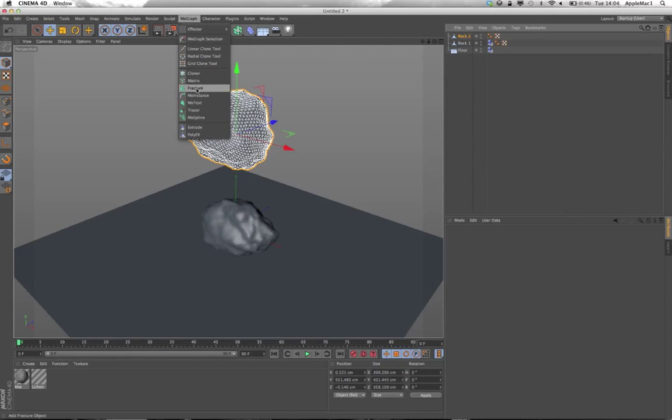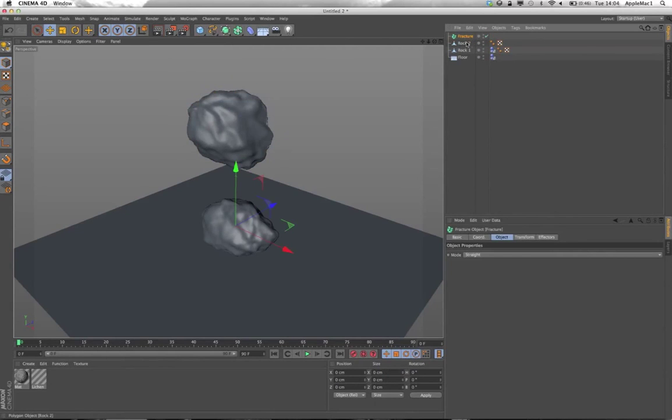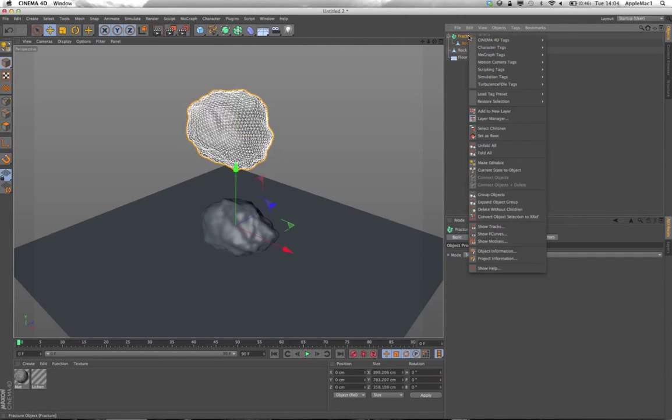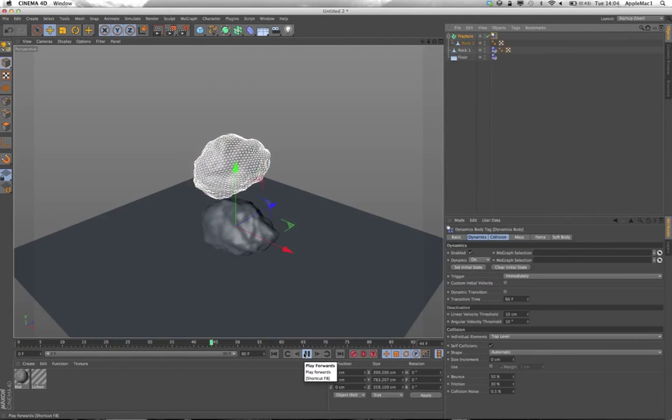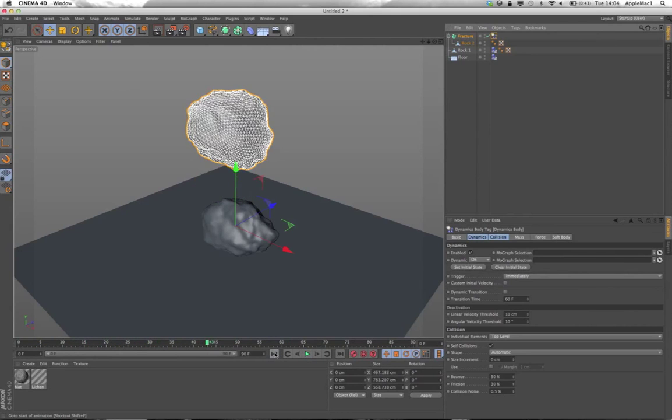Okay, so for example, fracture would work here. So we can create a fracture object and put our rock into it, and then create a rigid body tag, and we will find that one rock falls, lands on the other one, and kind of skids off to the side. So it's not perfect,